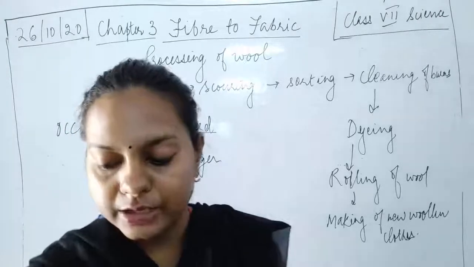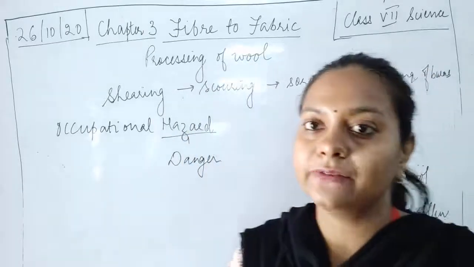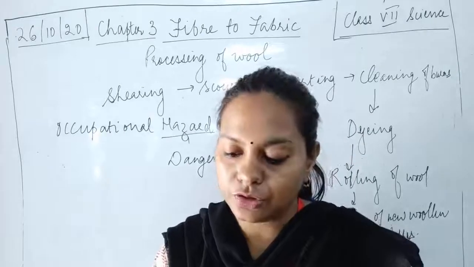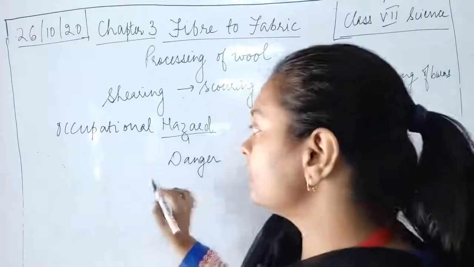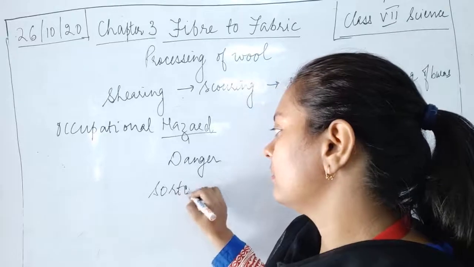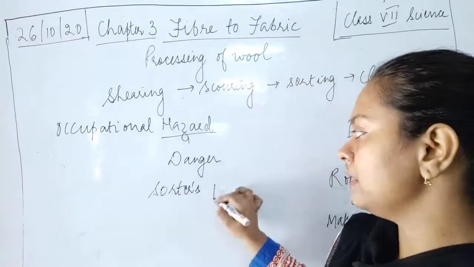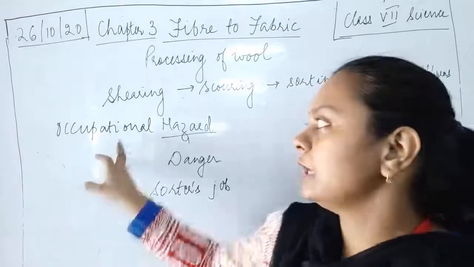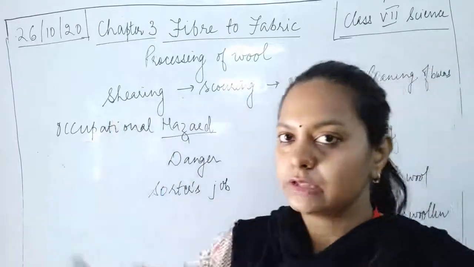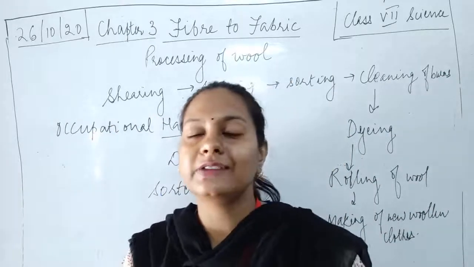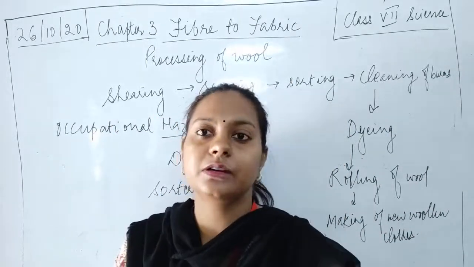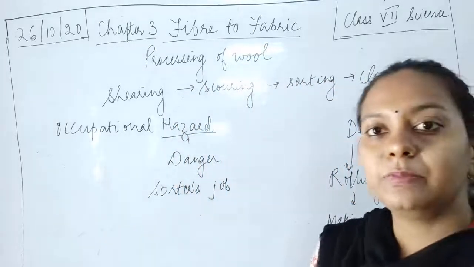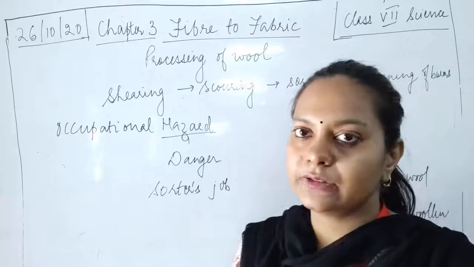So the wool industry is an important means of livelihood for many people in the country. But the sorter's job is a risky one, because the person is shearing as well as sorting. Shearing is the shaving of the hair, which is done with the help of machines. If the body of the sheep contains different diseases, they may also be transmitted to the people who are working continuously with the hair of the sheep.